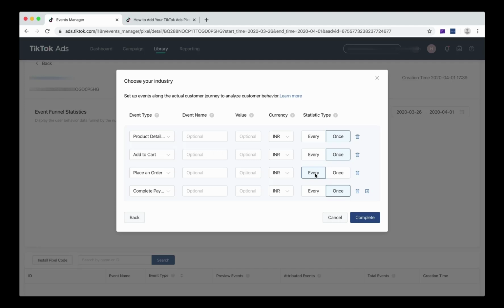Now for example, you are doing lead generation, wherein a person comes to your website and fills in their details. If I come to your website and fill in my details twice, it is of no use to you. You need my details only once. So at that time you select once. In e-commerce, as a standard, what we suggest is you should select every, and you can collect on